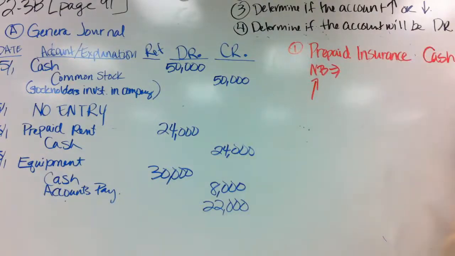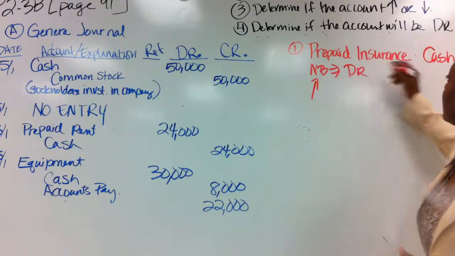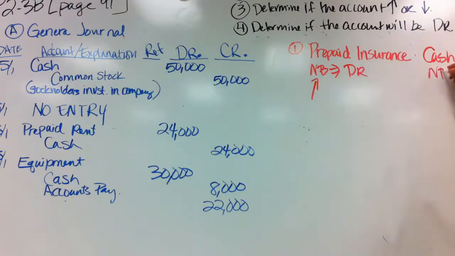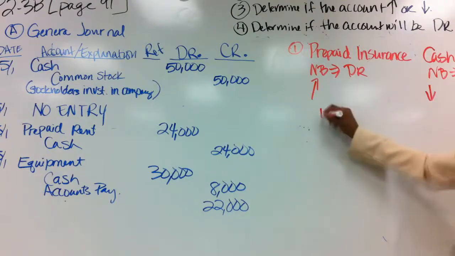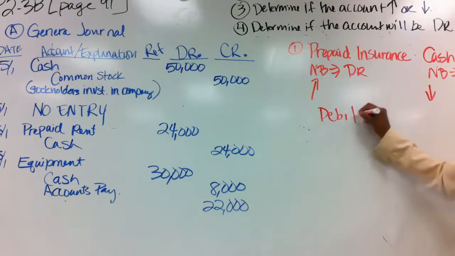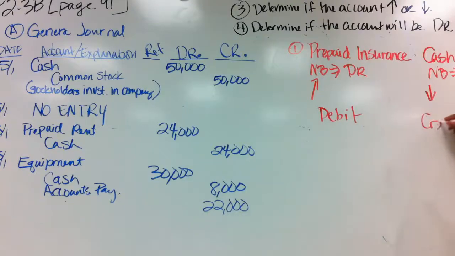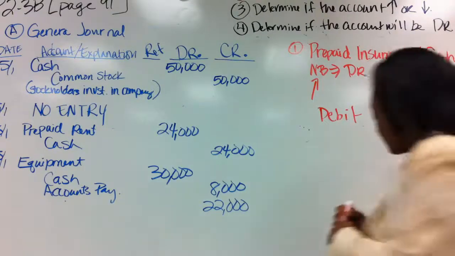Prepaid insurance is an asset, so the normal balance is what? Debit. Now, cash normal balance is also debit. But is cash going up or going down for this? Down. All right. Everybody got it? So, are we going to debit or credit prepaid insurance? Debit. And are we going to debit or credit cash? Credit. So our journal entry,